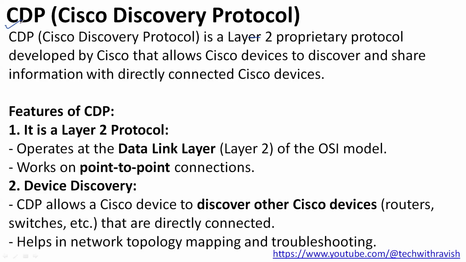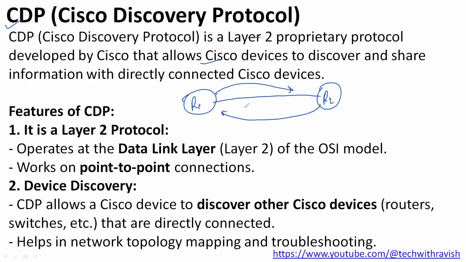So CDP is a Cisco proprietary protocol that is designed to share information and discover Cisco devices that are directly connected. CDP forwards messages between routers that share multiple pieces of information, and